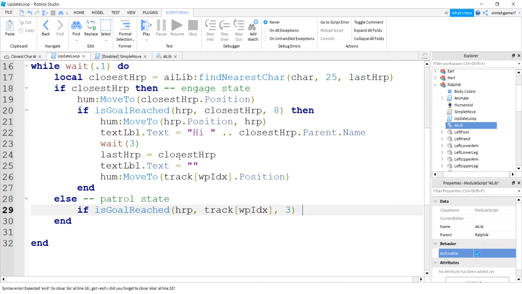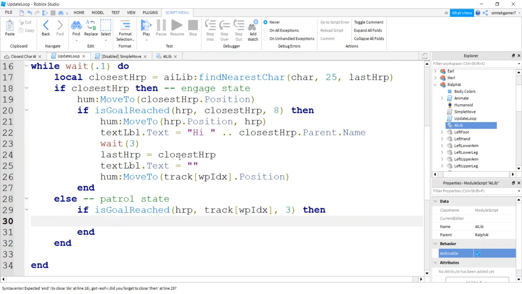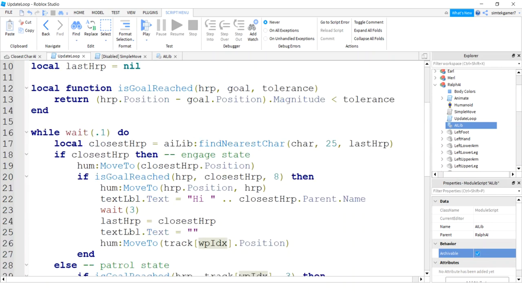We can get closer to a waypoint. Then we want to increment our WP index. So we have our WP index. You've seen me increment these values in different ways. I think what I'm going to do here is make a little helper function called increment. So I'm going to go up,